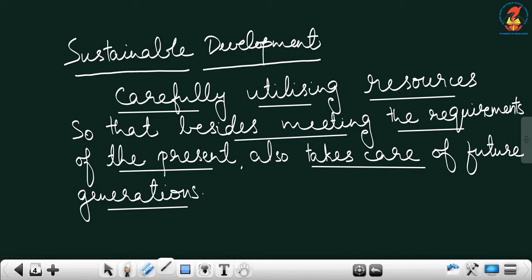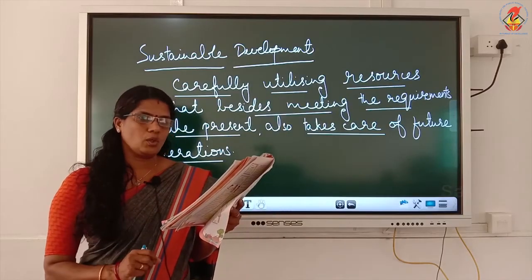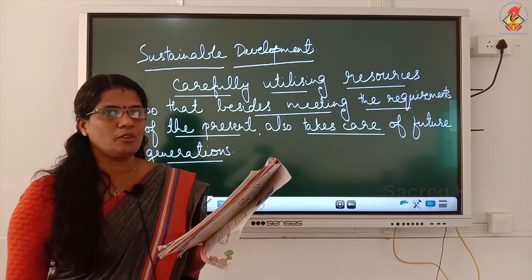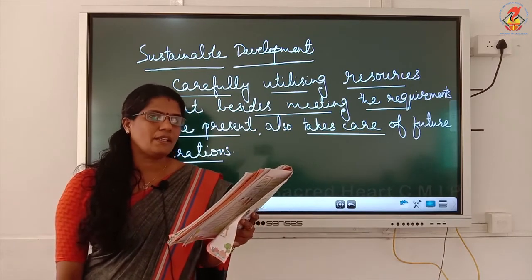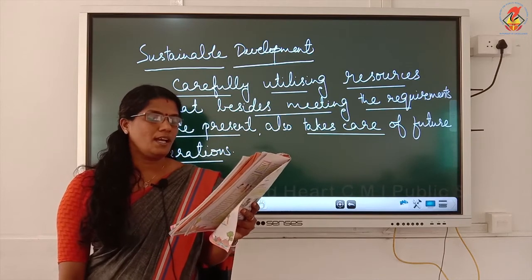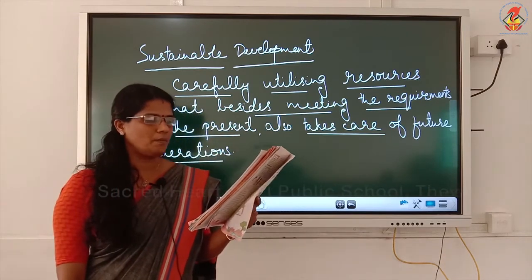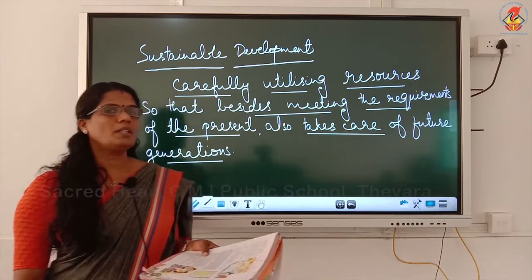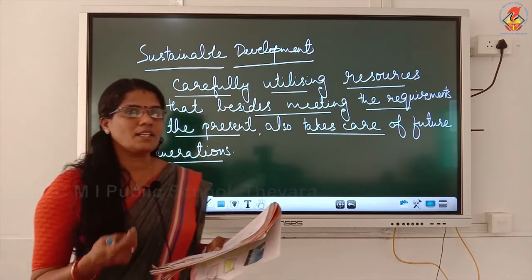So, sustainable development means we should balance the use of resources so that we can conserve them for the future generation. In the paragraph also underline balancing the need to use the resources and also conserve them for the future is called sustainable development. Now, what are the different ways of conserving resources? How can we conserve these resources?